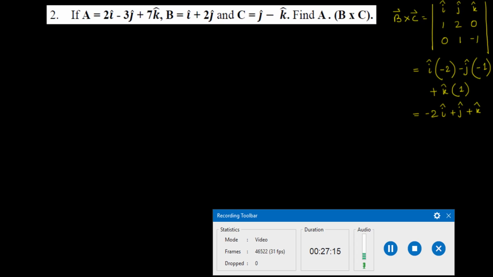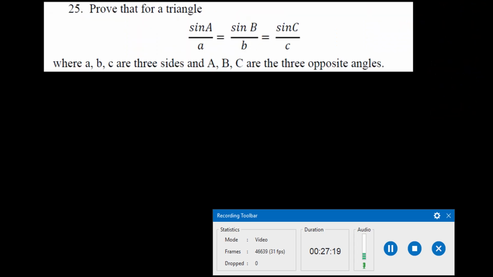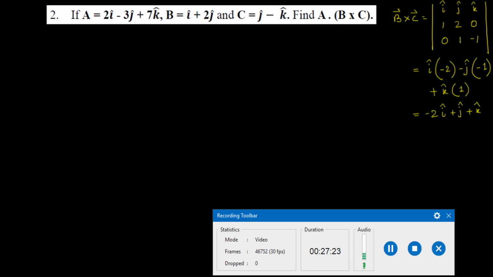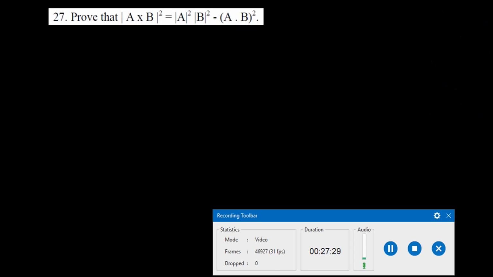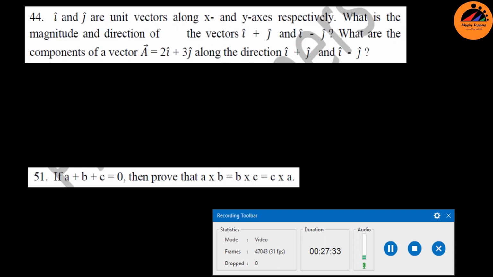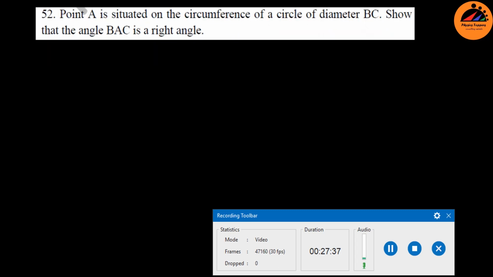This is a scalar triple product. I'll go into the scalar triple product after doing this. Okay, in the next lecture I shall do this problem and we'll go into the scalar triple product, where we shall be finding the volume of a parallelepiped, and as well as I do a few problems on vectors using cross product and dot products. Okay, so